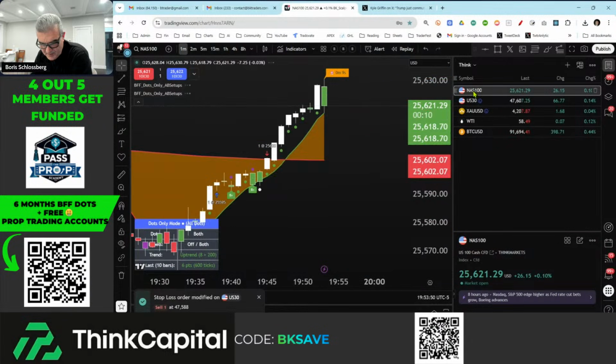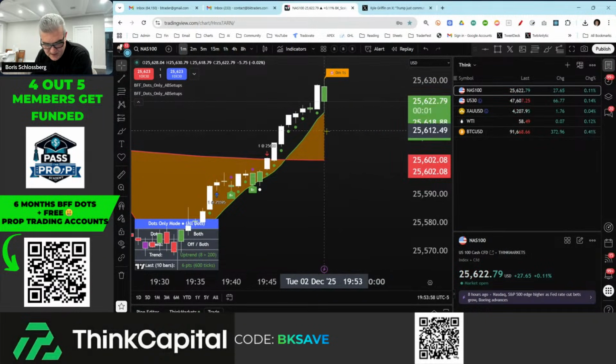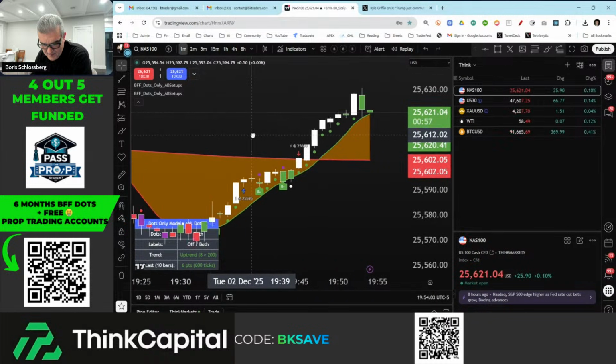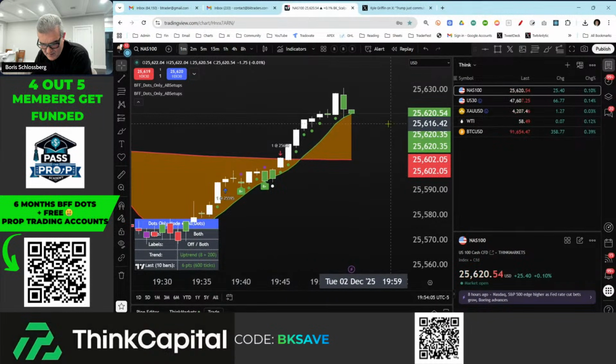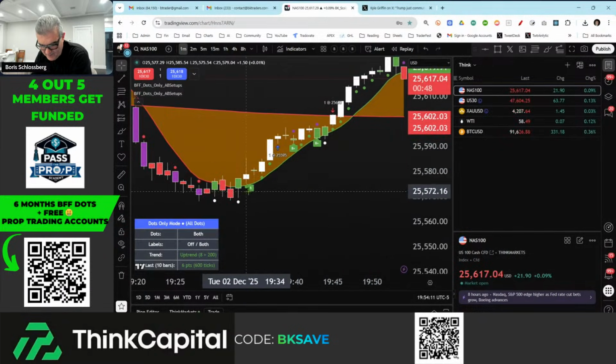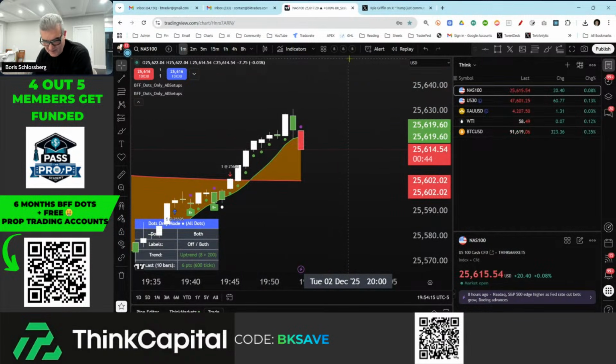Let's see what NAS is doing. NAS also kind of broke out a little bit to the upside, but now it's retracing a little bit. We'll wait to see if this starts turning down. Then we know that this was a big rally here from 72 to 616. It's natural that we're going to start to see a little bit of a corrective move here. And let's see what gold is doing.